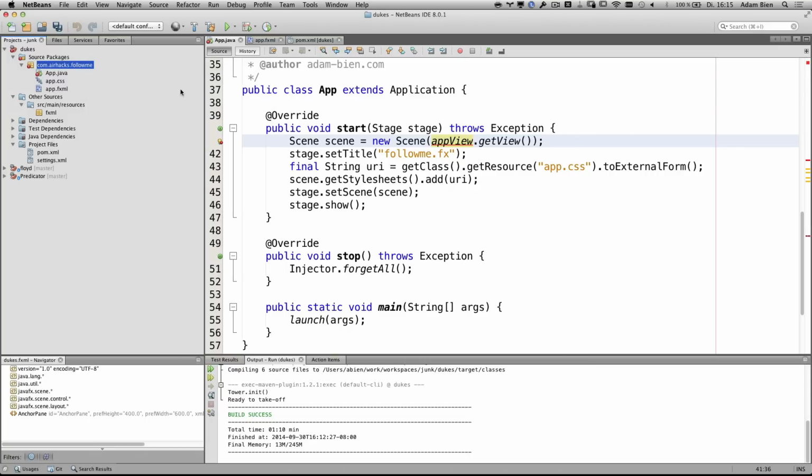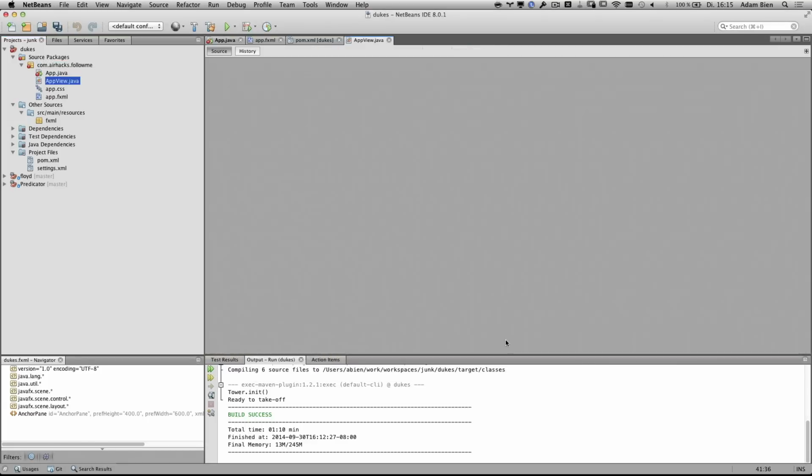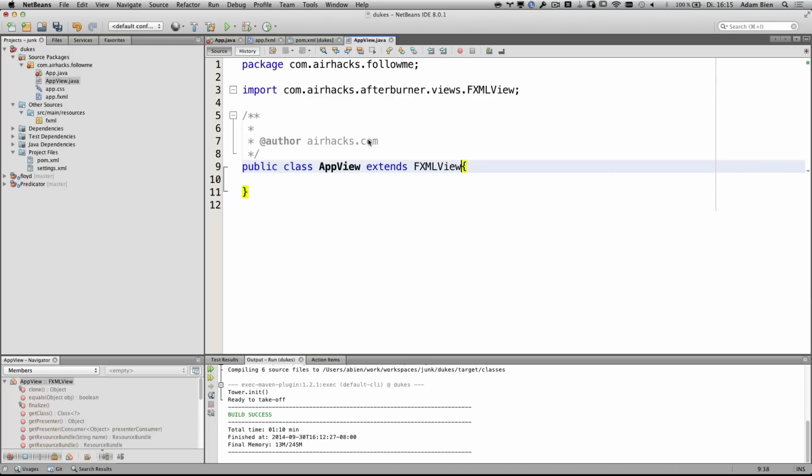So Java class, I called it app-view. And this app-view inherits from FXML view. So if you instantiate this, it will know that it will have to search for app.fxml and load it. You are set. The most asked question is: is this class always empty? And the answer is, sometimes you would like to extend the parent view or perform some tweaks, you can do this. But in all my projects, it was empty.